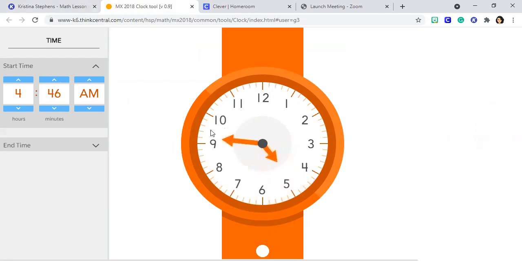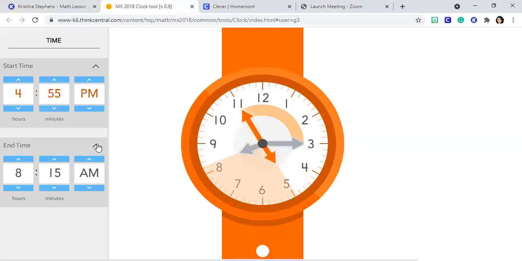Maybe I can do it quicker this way. p.m. Okay. Well, if I wanted to, I could also count the minutes to see where it goes, or I